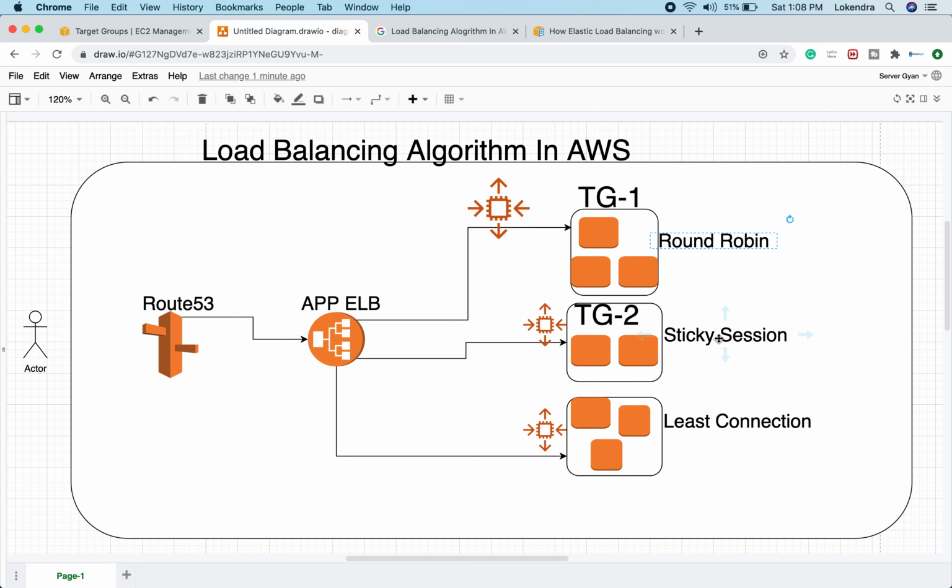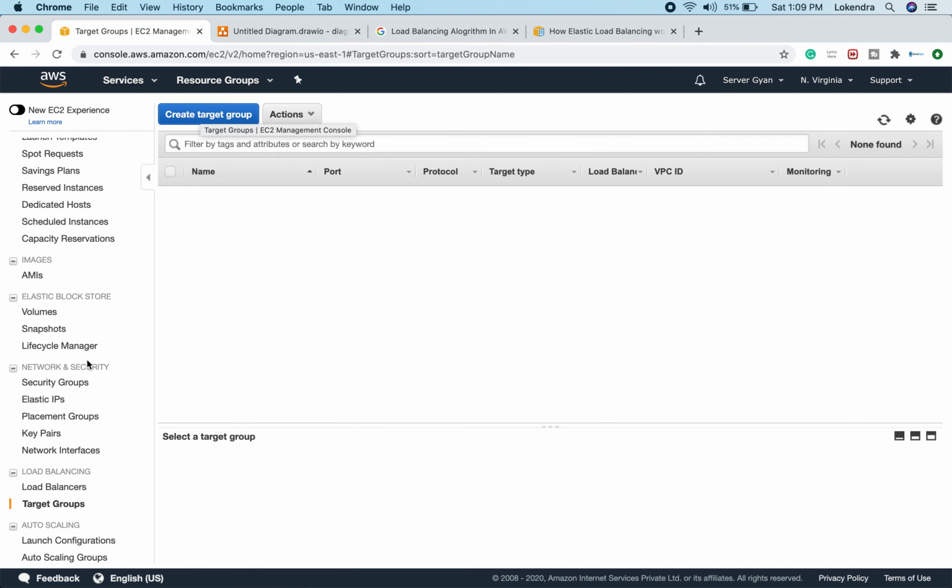As we know, we have multiple algorithms, like round robin, active passive, active failover, which is known as transparent, sticky session, least connection, or weighted. So these sorts of algorithms we have, and how we are going to manage this is what we are going to learn within this video. So please stay tuned for this video till the last, and definitely we are going to do the practicals of it.